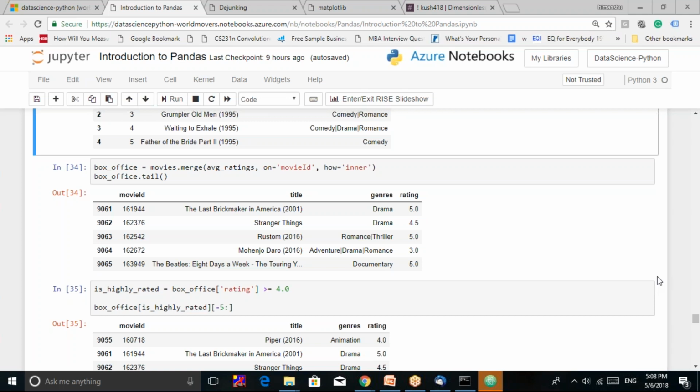हाँ, एवरेज रेटिंग, how is inner, on is movie ID। ठीक है, ये तो ठीक है आपका। एवरेज रेटिंग का कोड क्या है? रेटिंग्स डॉट ग्रुप बाय मूवी आईडी, मीन, ये भी ठीक है। एवरेज रेटिंग ठीक बन के आ रहा है। फिर इसमें एरर कहाँ आ रहा है? एरर पिंग करो।